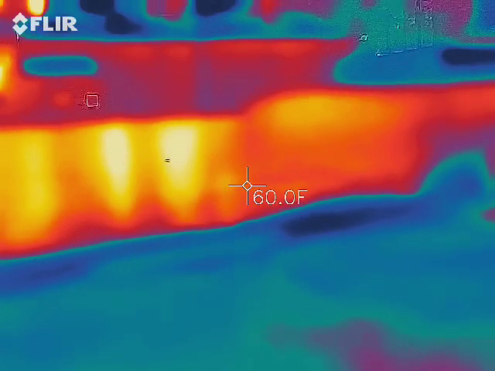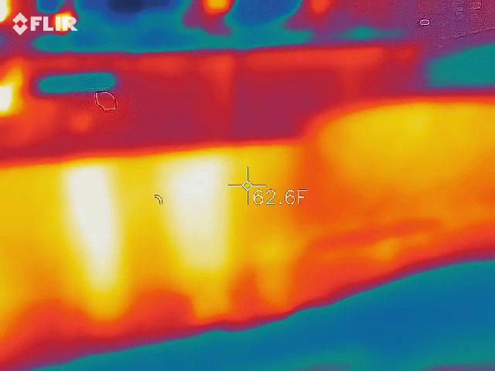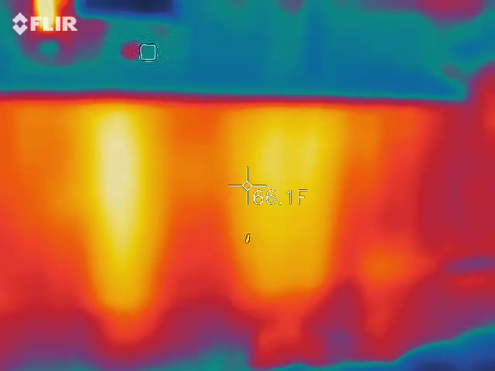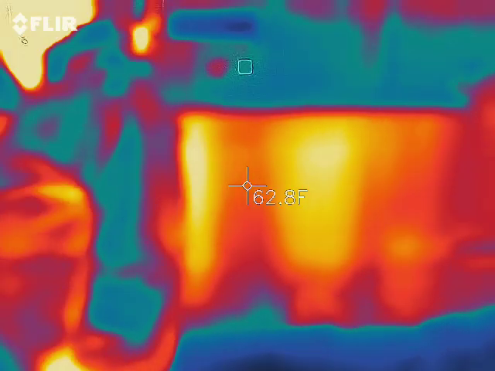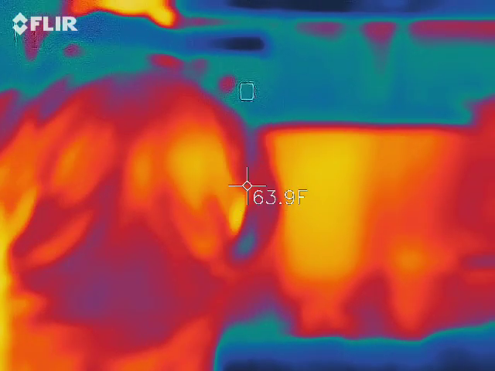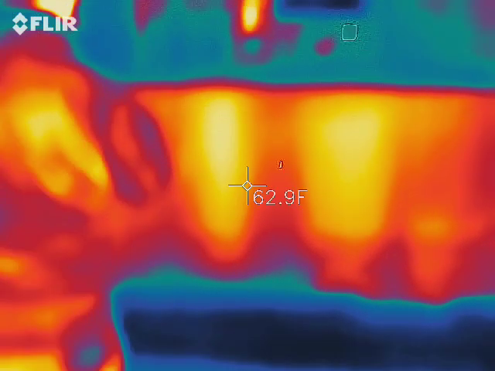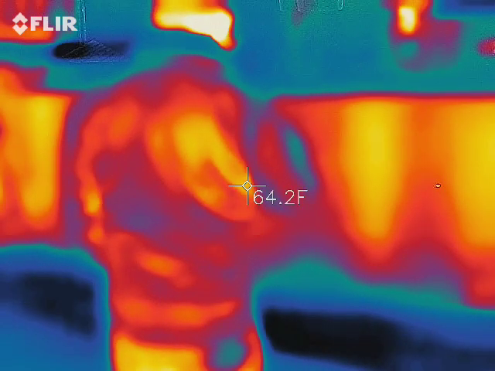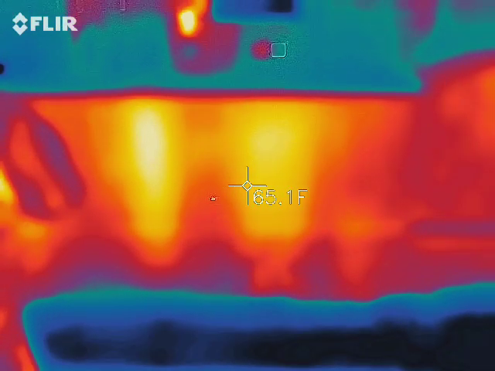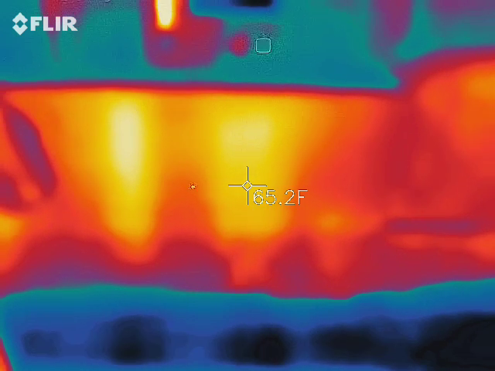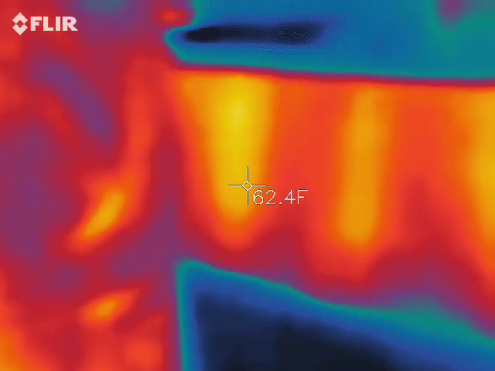Try getting closer. 59.5. I'm still at 59.7. It might be because I don't have you in the frame. I'm at 59.9. Okay, I'm down to 61 now.